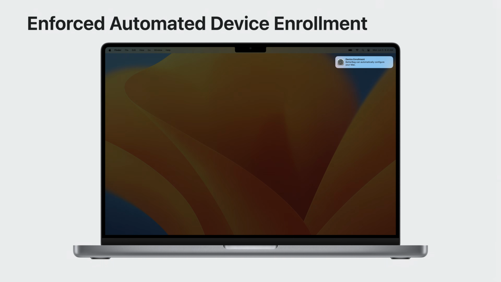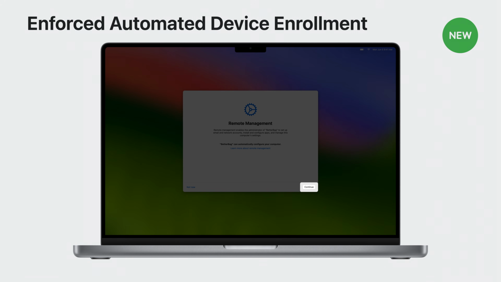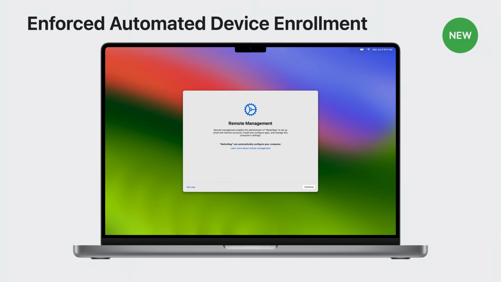This year, we have changed the entire user experience by launching into a full-screen Setup Assistant. After a network is connected, the user will be presented with Setup Assistant giving them two options: continuing the enrollment or not now, which will allow the user 8 hours before they will be required to enroll in MDM. Something to note that the user can still enroll at any time by going to System Settings.